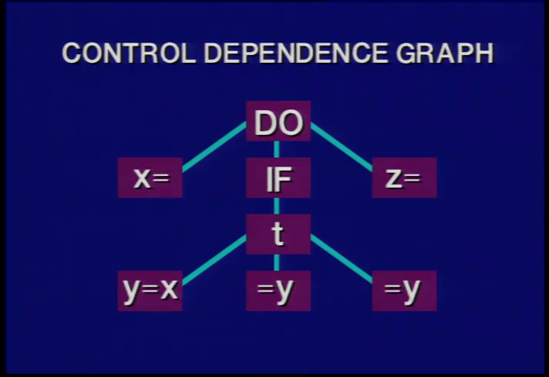And here's the example that we just looked at, where we have drawn the control dependence graph, and we could look at this and say that the first statement beyond the do, which is an assignment to x, could be executed at the same time as the if test. Maybe it could be. We didn't have enough detail in our little example. It could perhaps have been executed at the same time as the z, which was way down at the end of the do. Maybe you didn't notice that. So they have the same conditionality for execution.